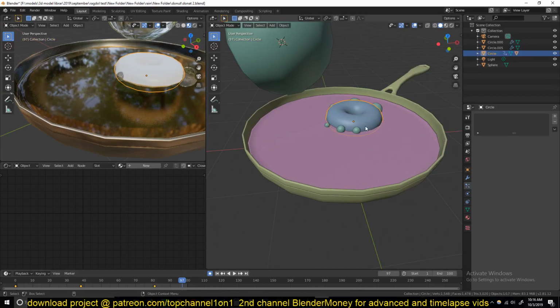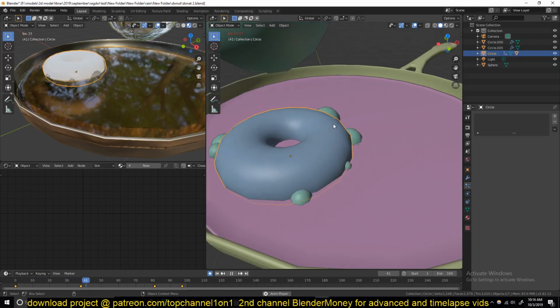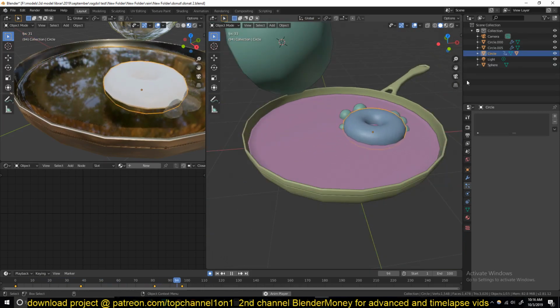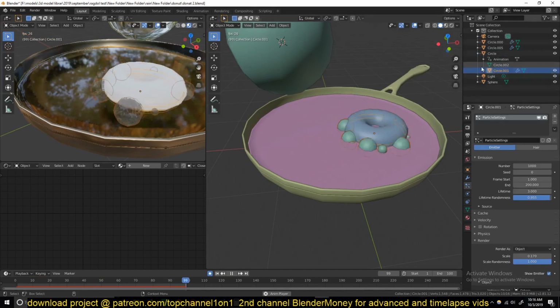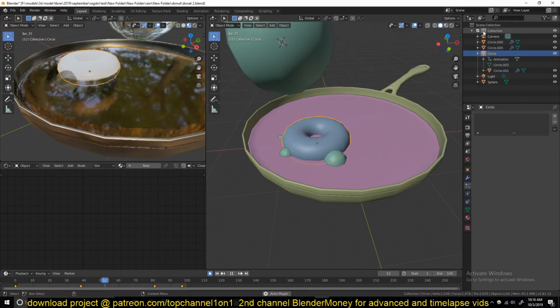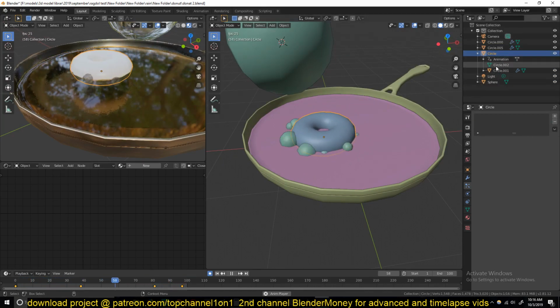And then later we can focus on the Rigidbody System if you want to use that. You can see, I think we need to also increase the particle count. So let me select the emitter. You can also find it under the outliner. You just have to select the parent and expand it. It will be inside that parent